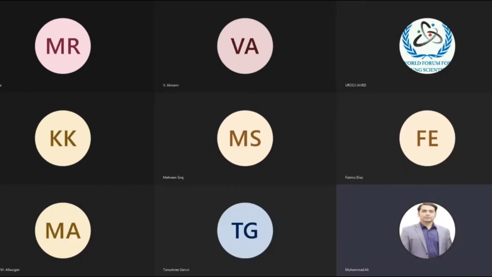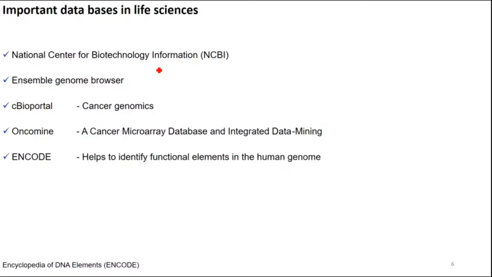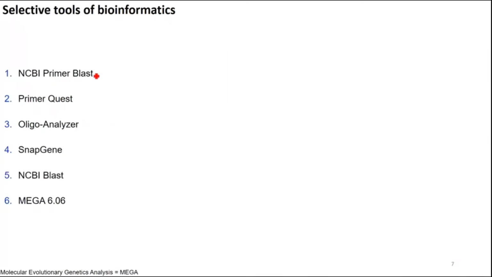Important for bioinformatics and the life sciences, different areas are utilizing sources from these databases. These are the NCBI and the Ensembl genome browser. cBioPortal is utilized for cancer genomics, and Oncomine is also utilized for mining data about different types of cancer. ENCODE is also helping with the analysis of the human genome. And the bioinformatics tools that we will utilize today are the NCBI Primer-BLAST and the PrimerQuest